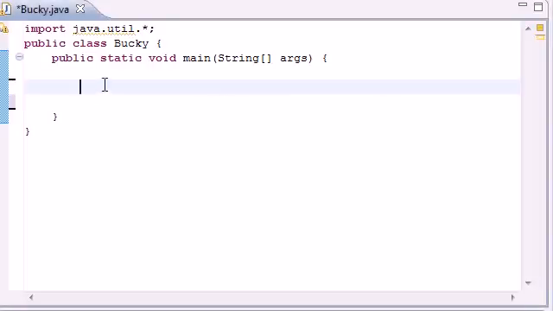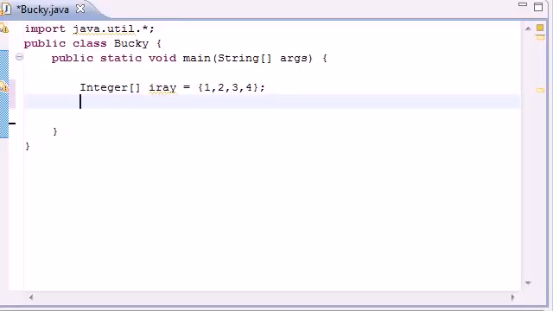So let's go ahead, and I'm first going to show you guys an example of just two simple overloaded methods, and then from there I'll show you the problems that they create and how we can fix it by building a generic method. So let's start with two arrays. We'll make an integer array, and I'll just name it I array, and just populate it with like 4 integers, put like 1, 2, 3, 4, and now make an array of a different type of data like character, and I'm going to name it C array for character array, and go ahead and put, gotta put those in brackets,